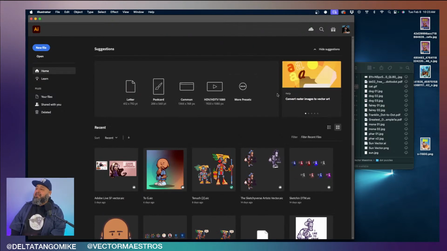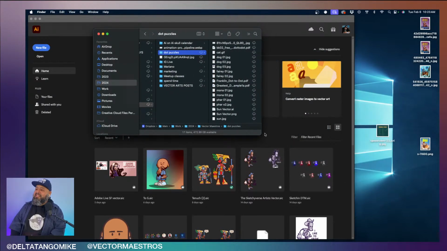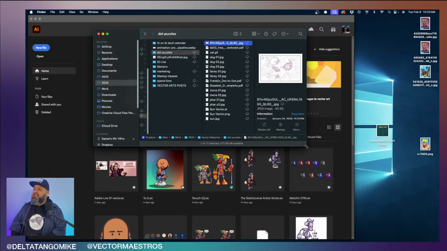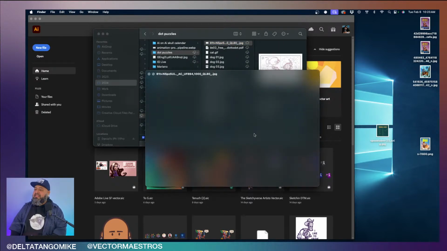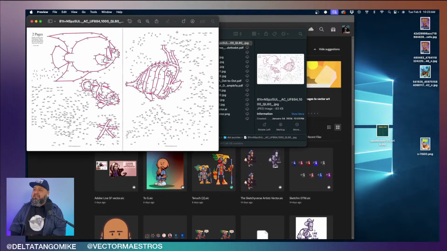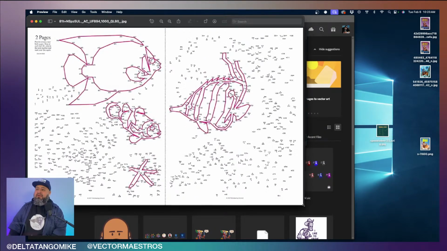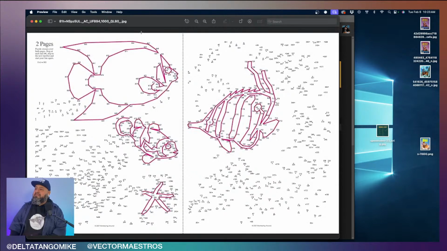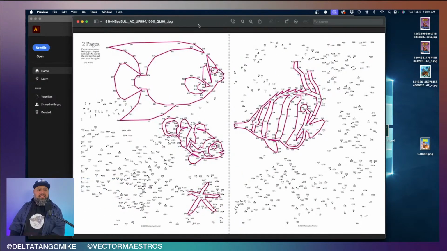Anyways, that's Adobe Illustrator. But let me show you and explain to you what vector art is. All right, so here is an example of connect the dots artwork. Let me just double click it so it gets real big. And boom. And if you remember the connect the dots puzzles, some of us before internet and personal devices, it was